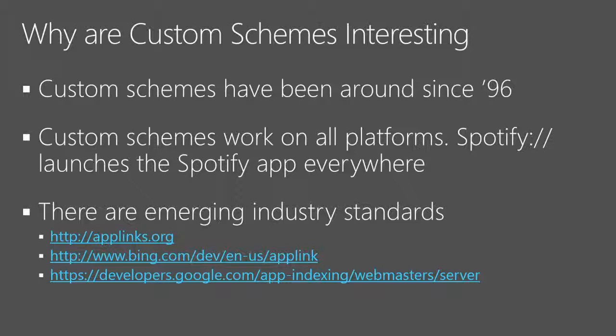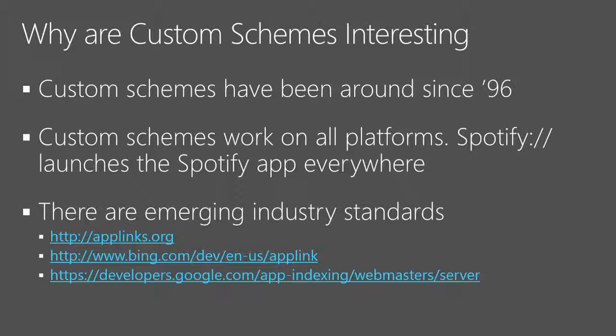Custom schemes now work on every platform. iOS leverages them, Android leverages them. They're pretty ubiquitous. For example, if you use the Spotify custom scheme, that will launch Spotify on whatever platform happens to have it installed. So that's very key to being able to cross the boundaries. If you think about traditionally how we would connect with other applications, you might be opening up a COM interface, querying IUnknown, and then leveraging that to integrate into an application. Obviously, very platform specific. There was no way you could take COM and run it on OS X or whatever you're going to do. So this was a significant enhancement.